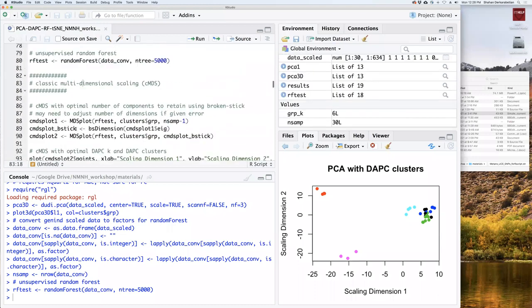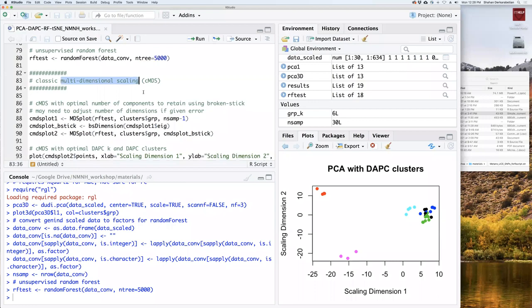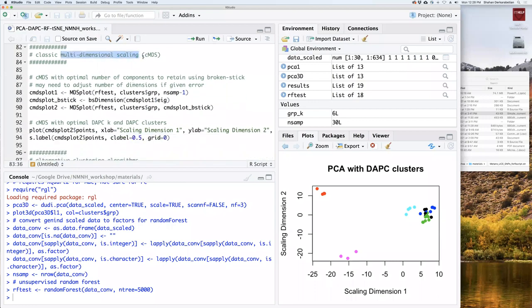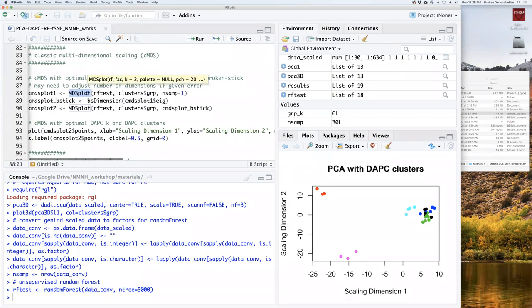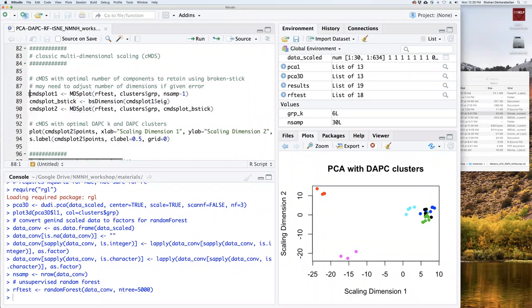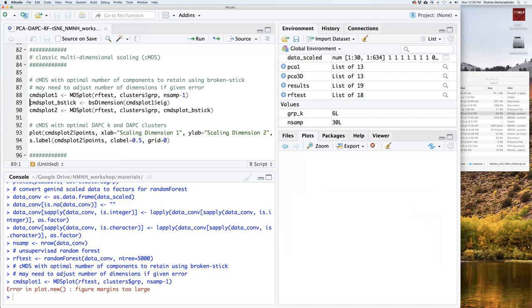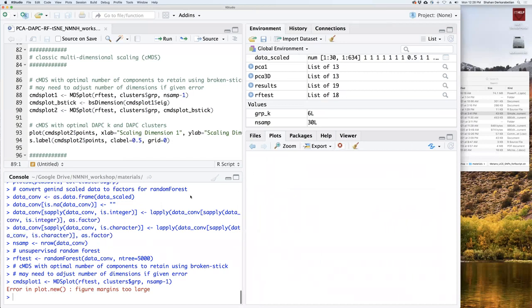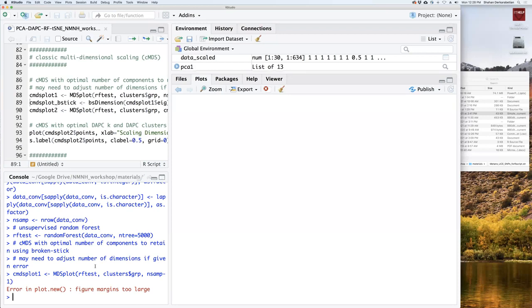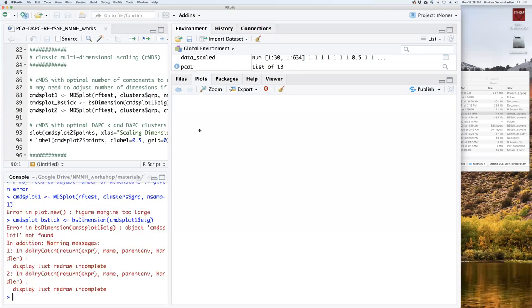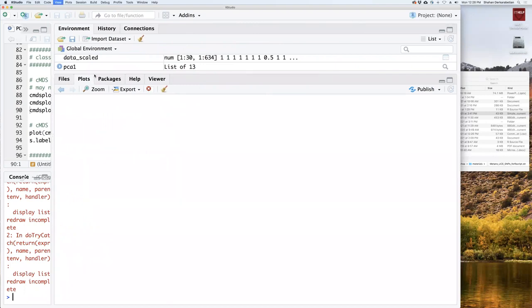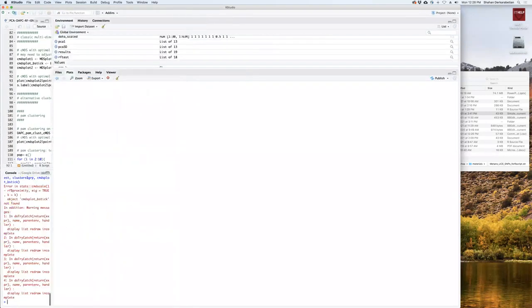So I'm going to send this to multidimensional scaling. This is, again, specifically for distance matrices, distance data. I call this function, MDS plot, which is a function within the random forest package. So it deals with proximity instead of basic distance. Okay, this may not work with the scaled data. I'll try it again. If you get this error, yeah, it's not going to come up. I'm sorry, I have to reduce the size for a second here. Oops.